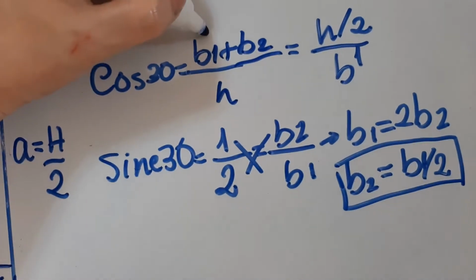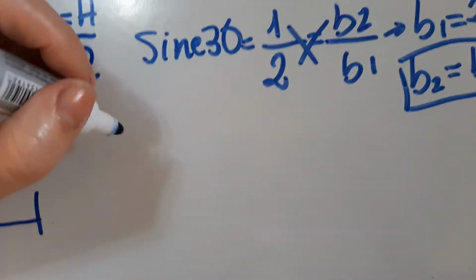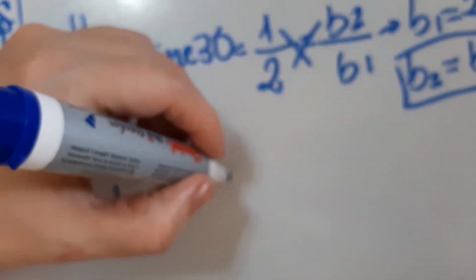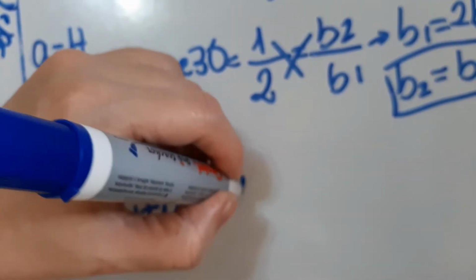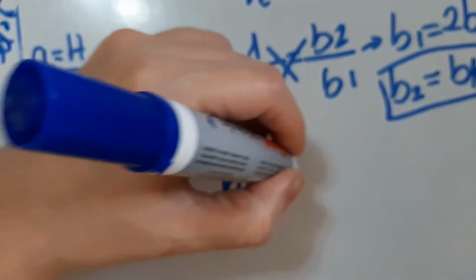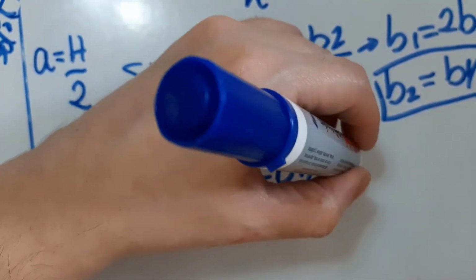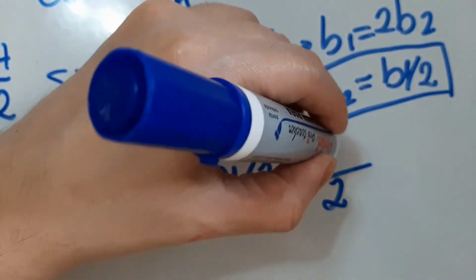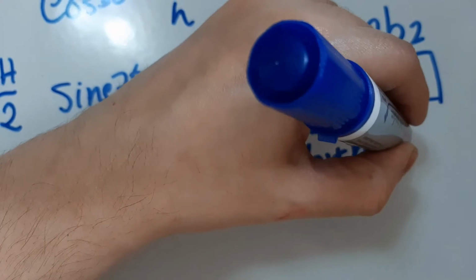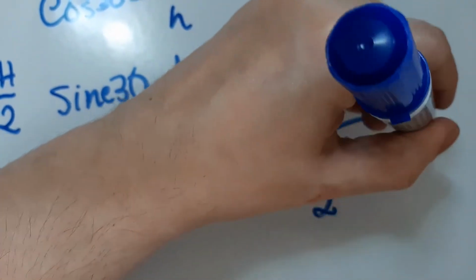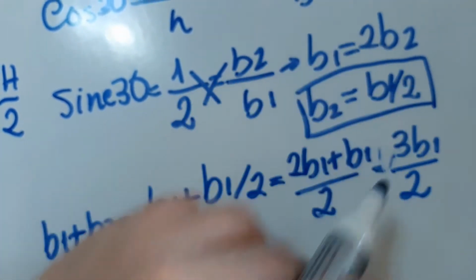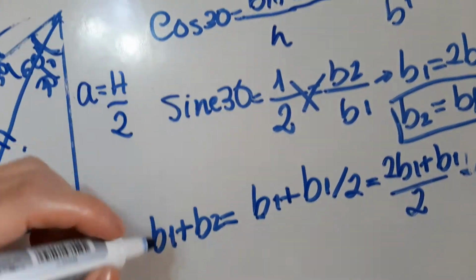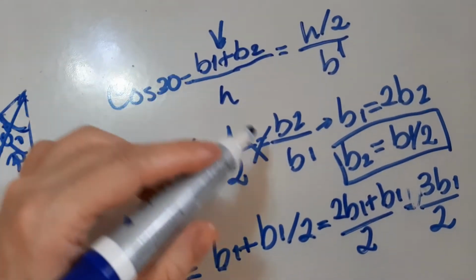So let's replace in here. Let's make this sum. B1 plus B2, it is B1 plus a half B1, that is 3/2. So we can place in here. Let's return from this point. So B1 plus B2, it is